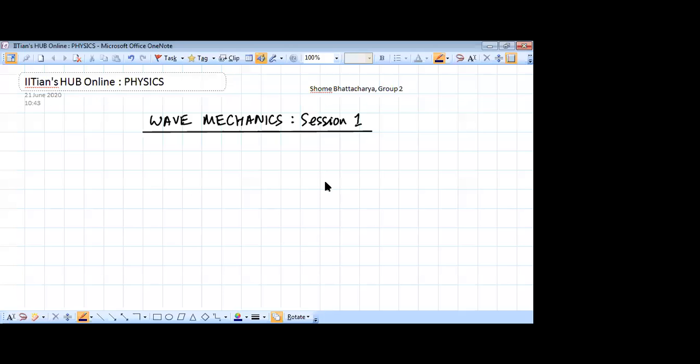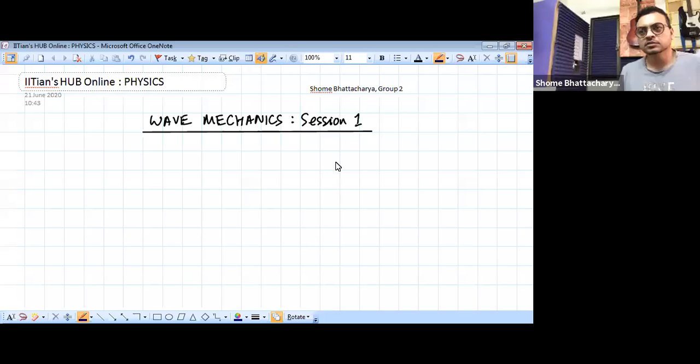We start with the new topic, which is one of the leftover topics from class 11, which is wave mechanics. We were doing geometrical optics before this, and just to clarify a point,